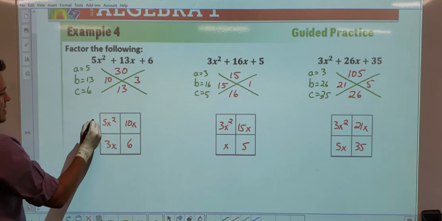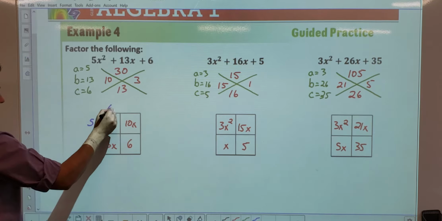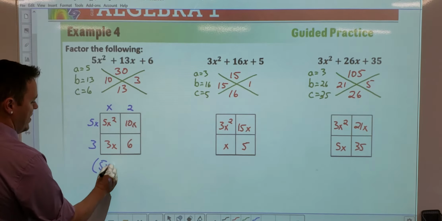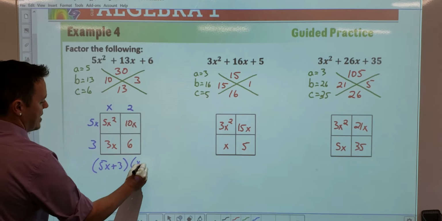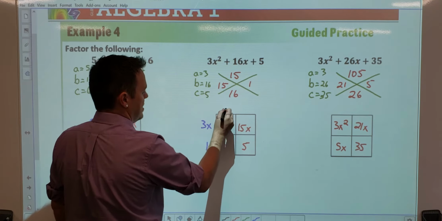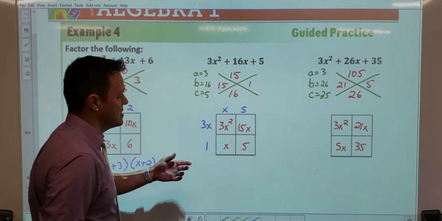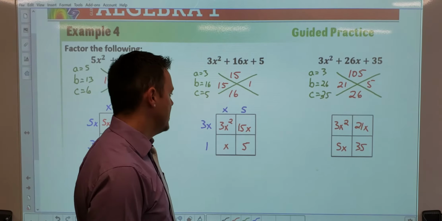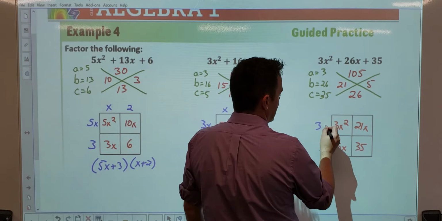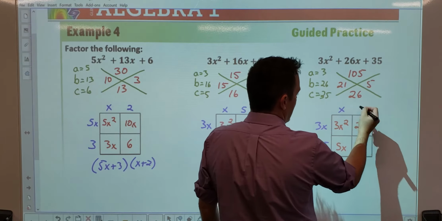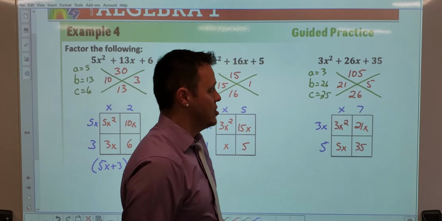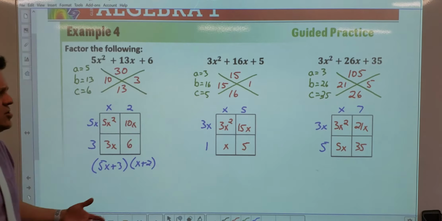Factor this out of 3, 5x, x, and a 2. So my setup would be 5x plus 3, and then x plus 2. And then this last one would be a 1, a 3x, another x, and a 5. You guys can put this together, 3x plus 1, x plus 5. And then this one over here would be a 5, 3x again, another x that you pull out, and this would be a 7. So 7 times 3 is 21, and that'd be 35. So there's your answer right there. I'm not going to put in brackets. You guys can do that